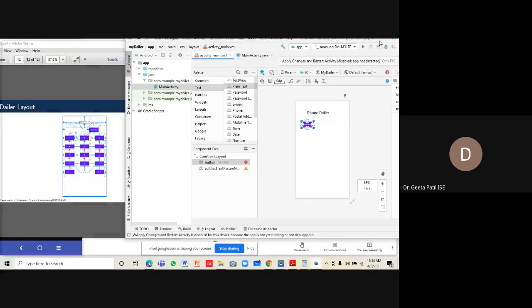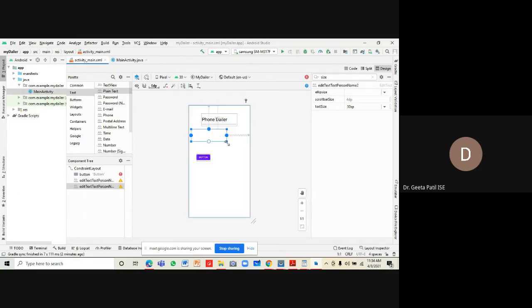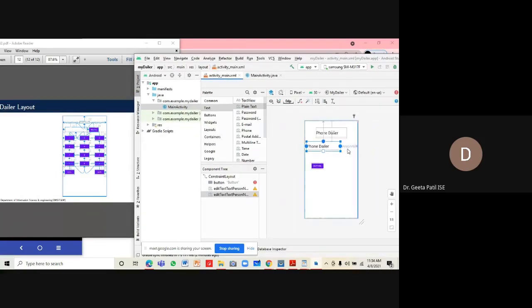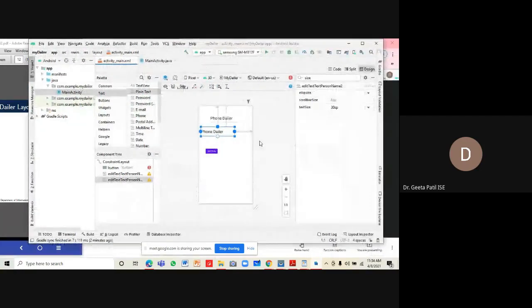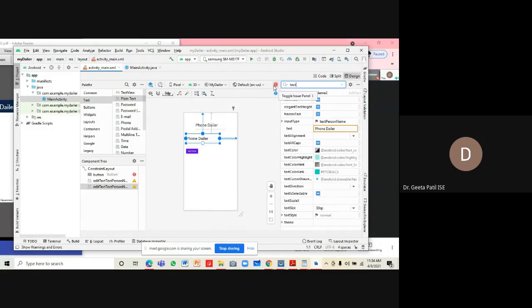Then we have the next edit field. Then text.